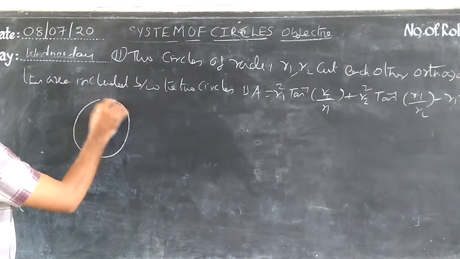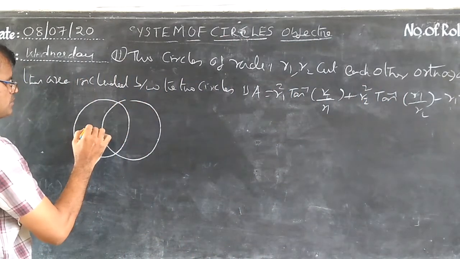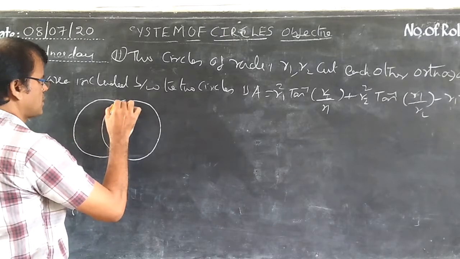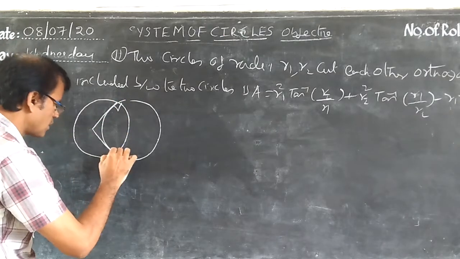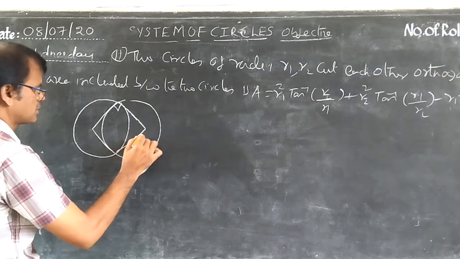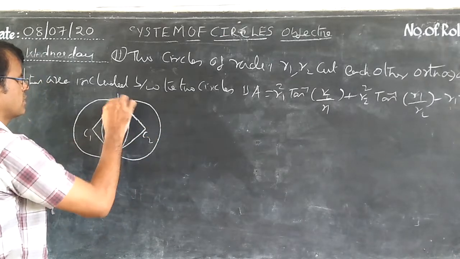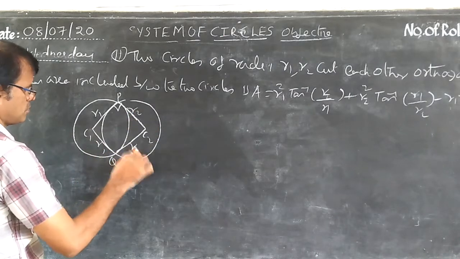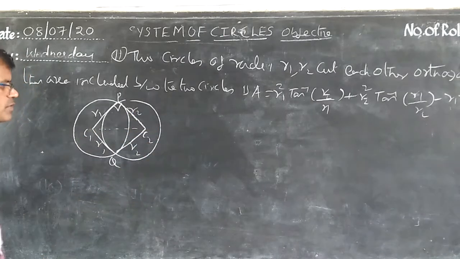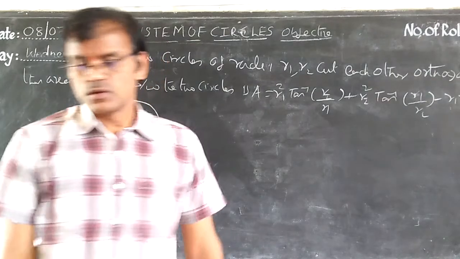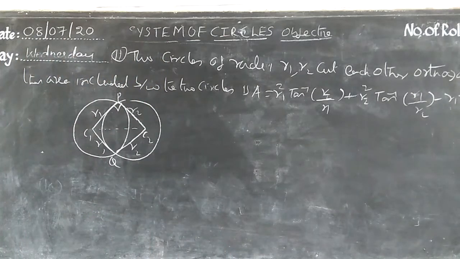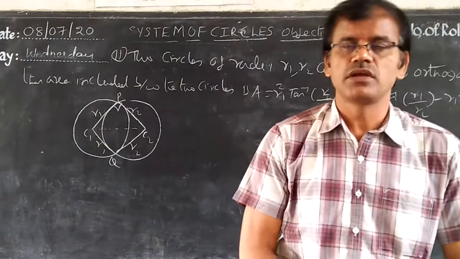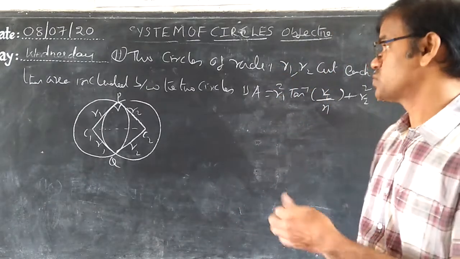If two circles intersect orthogonally like this, put 90 degrees here and draw it like this. This is also drawn like this. Put C2 and C1 here, and here it is P and here it is Q. Put R1, R2, R2. Depending upon the area, here integration is used. R1 square tan inverse R2 by R1 plus R2 square tan inverse R1 by R2 minus R1 R2. In the integration chapter on area, using integration we can calculate this one.